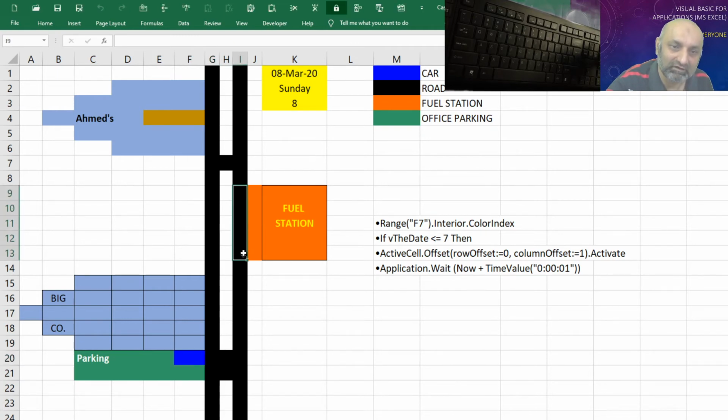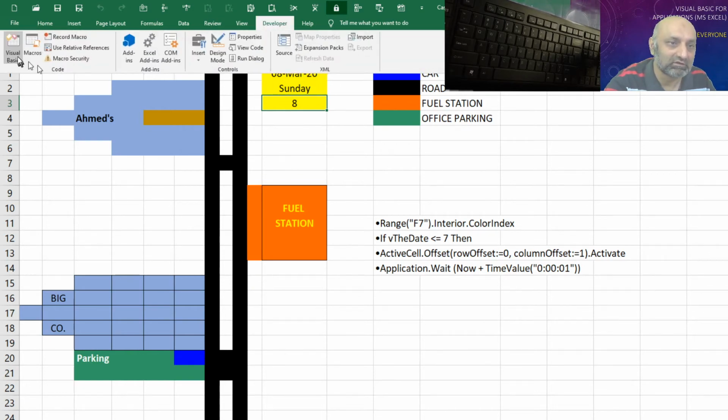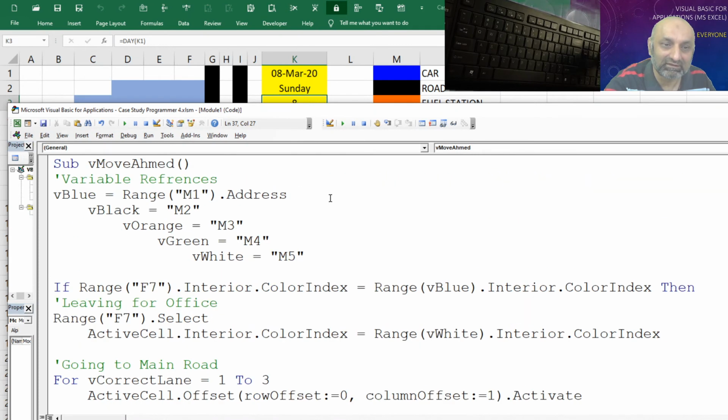If it is Monday, instead of going down, the cursor should go right and get the fuel. So before going to code, what we have in K2 is Sunday, and in K3 we have the 8 from the 8th March. So let's go to Visual Basic and get these values in our code.